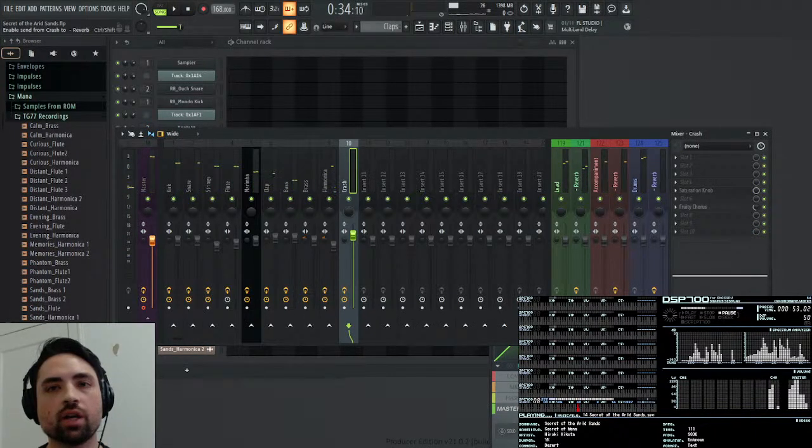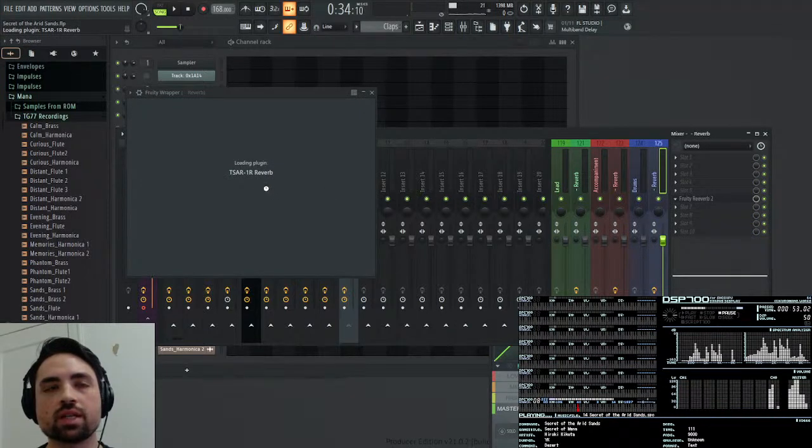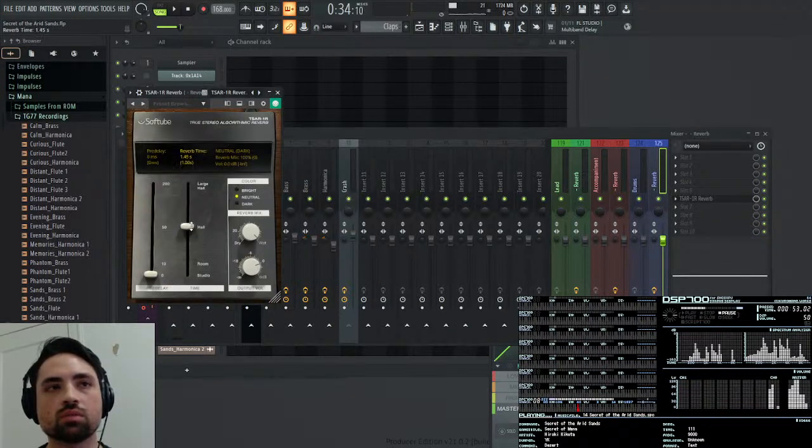I'm gonna give that crash a little bit of chorus because I just don't like the way it sounds raw. Let me give it TSAR 1R because I want it to sound like it's in a concert hall. I want it to be a little realistic.